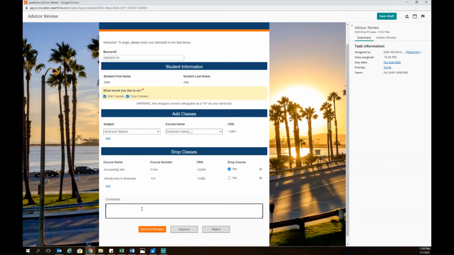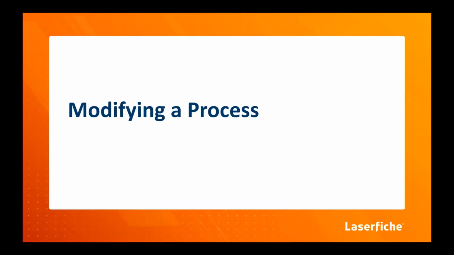Once the advisor has reviewed the schedule and made their comments, they can approve the requested changes, reject the changes outright, or send the schedule back to the student for revision. Here, we'll go ahead and approve the changes. In our example, once the advisor approves the student's add-drop request, the schedule change is finalized, and Laserfiche pushes the